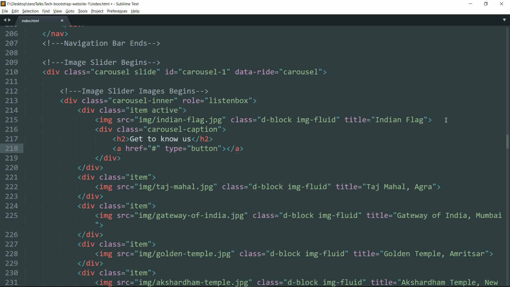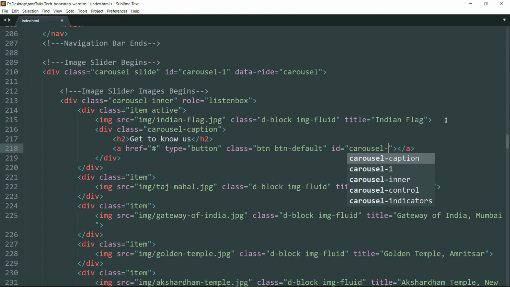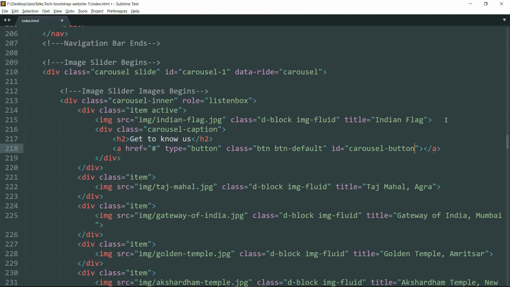and let's write the class as btn btn-default, then id as carousel-button, then write the text here, then close the a tag, save this.